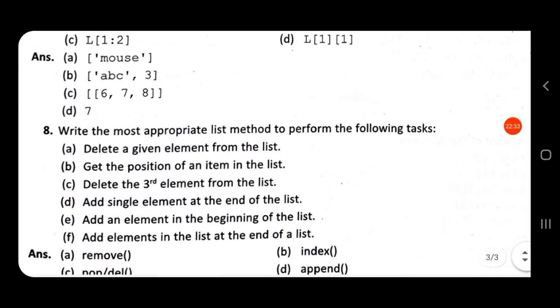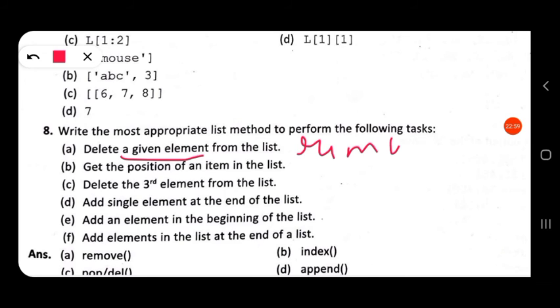Next question is, write the most appropriate method to perform the following task. To delete a given element from a list: if an element is given, then we can use the remove method.